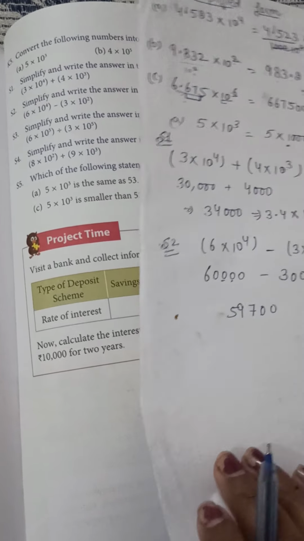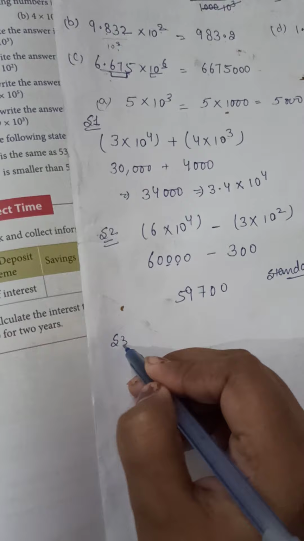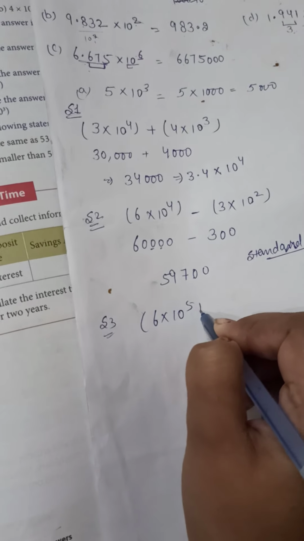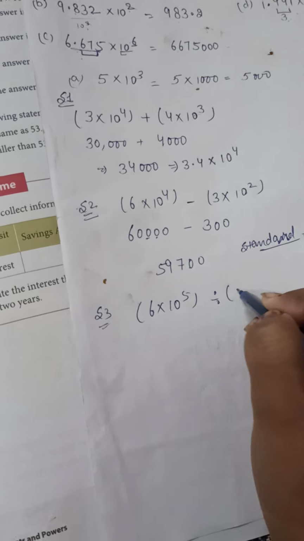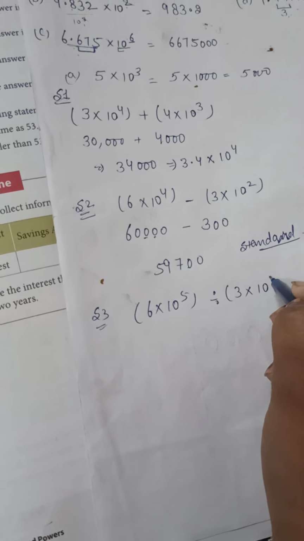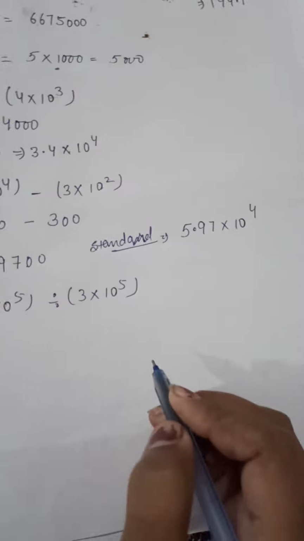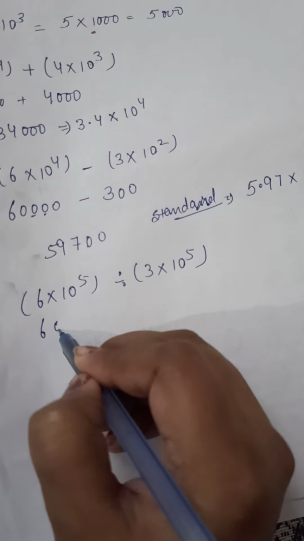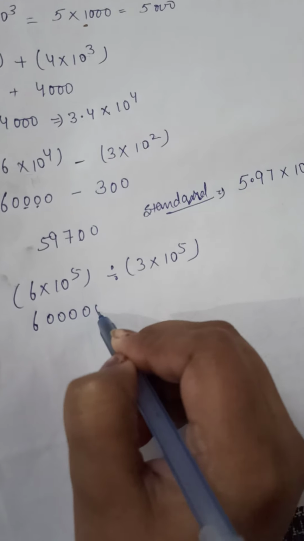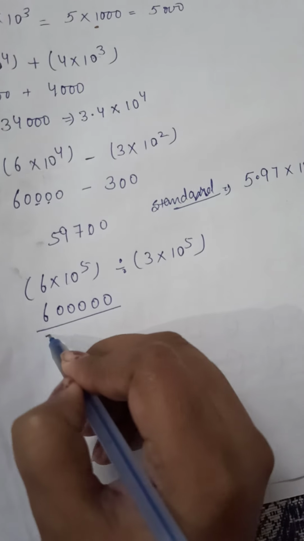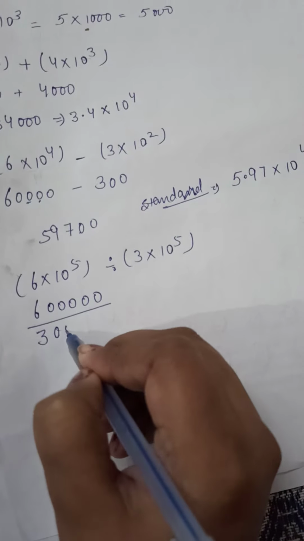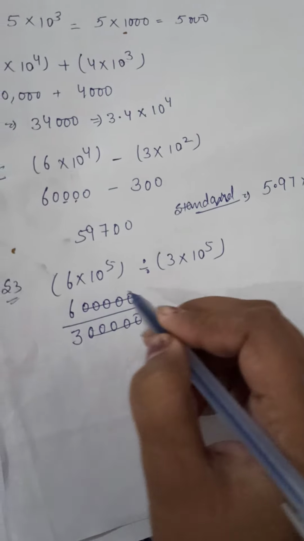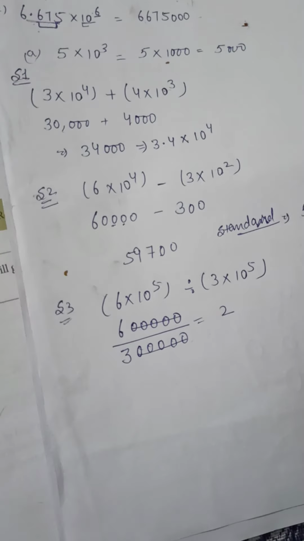Now one is that is of division. See that as 3.6 multiply with 10 to the power 5 divide by 3 multiply with 10 to the power 5. So see 6 with 5 zeros, 1 2 3 4 5. Divide means come at by. 3 with 5 zeros, 1 2 3 4 5. 5 zeros cut by 5 zeros. 3 2s are 6. 2 will remain.